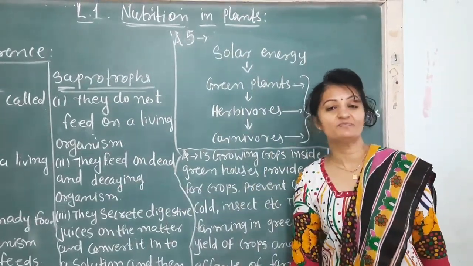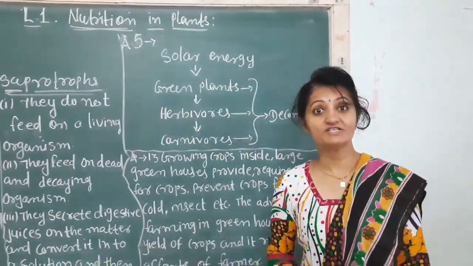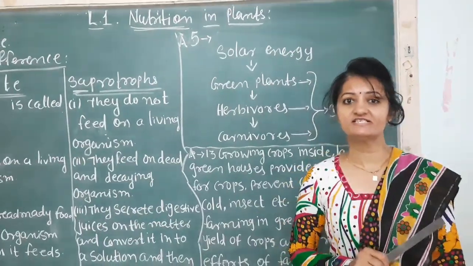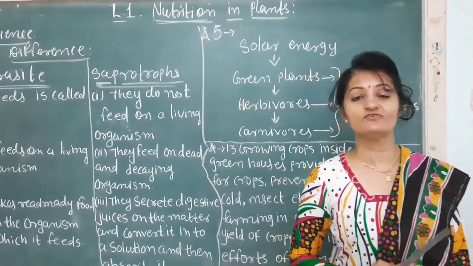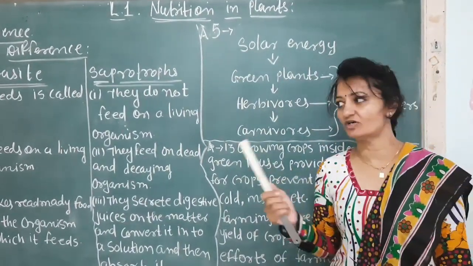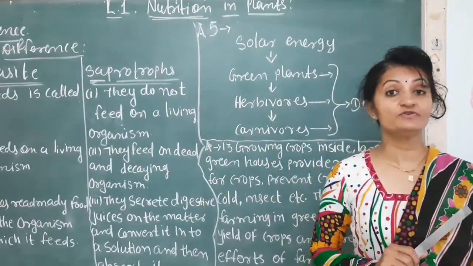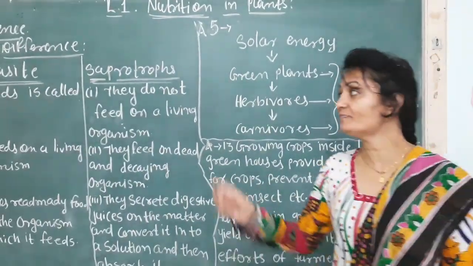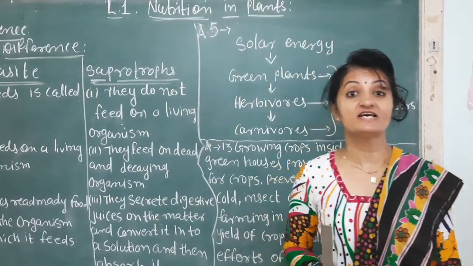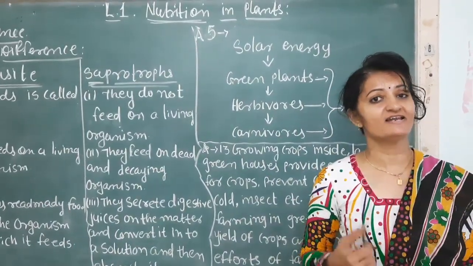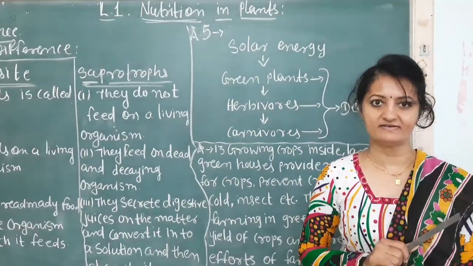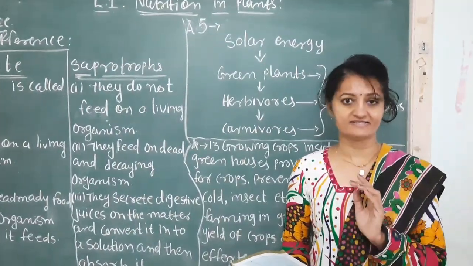You learned the topics of nutrition, what is the mode of nutrition in plants, what is the process of photosynthesis, and other modes of nutrition. In other modes of nutrition in plants, that means parasite, saprotroph, insectivorous plant, and last is symbiosis plant. Right? Now we will start the exercise.